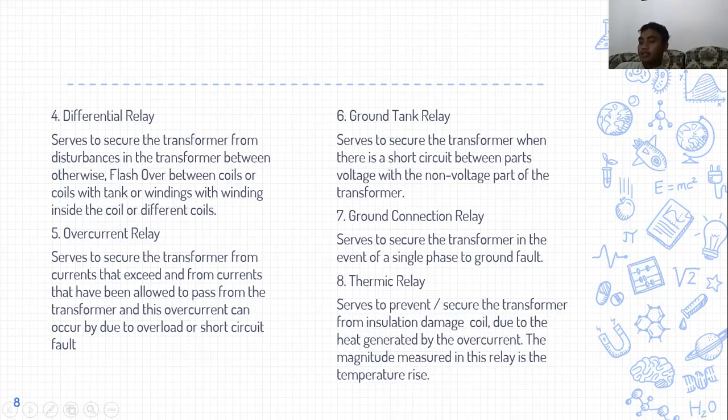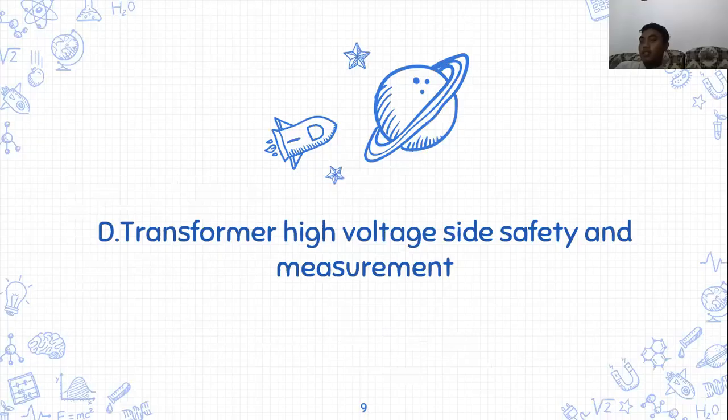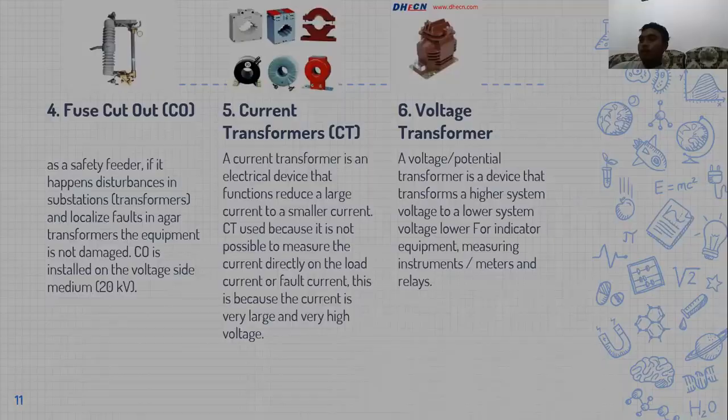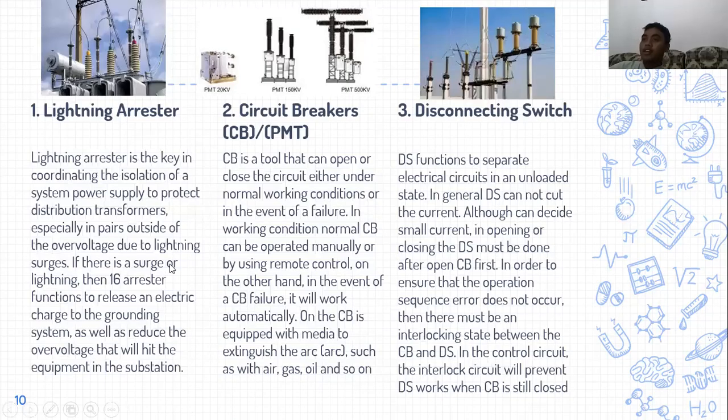Next slide. Point D, transformers high voltage side safety and measurement. The number 1 is lightning arrestor. Lightning arrestor is the key in coordinating the isolation of a system power supply to protect